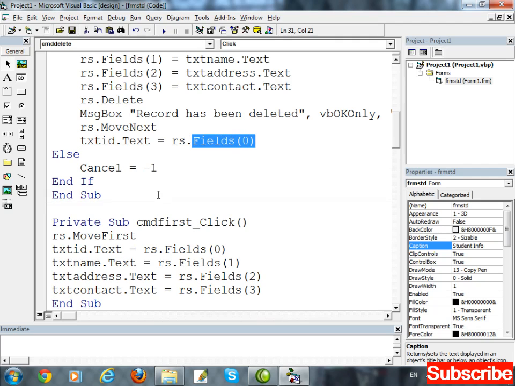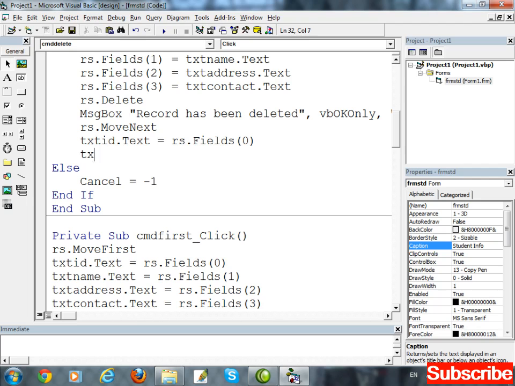Select data from the first field of the database and assign that value to txtID. txtName.Text equal to rs.Fields(1). Select data from index 1, meaning from name.